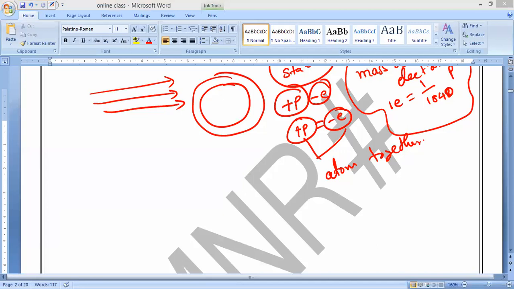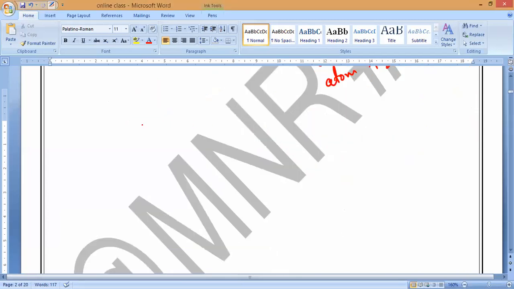For example, if you take hydrogen, is it possible to represent it with the help of this? Because does the hydrogen atom contain any neutrons? No, we cannot say. So the basic hydrogen atom has only one proton and one electron. That is the structure of the hydrogen atom. If they ask you how to draw the structure of the hydrogen atom according to Rutherford,